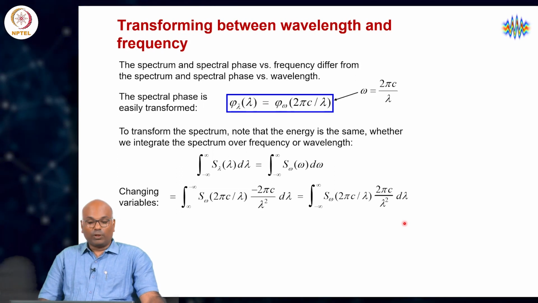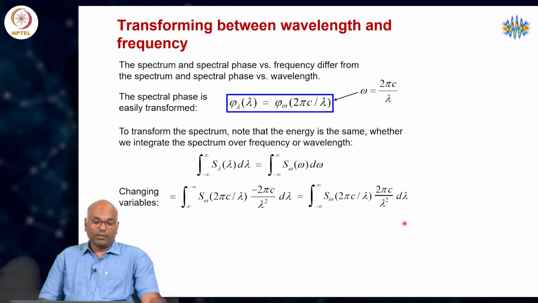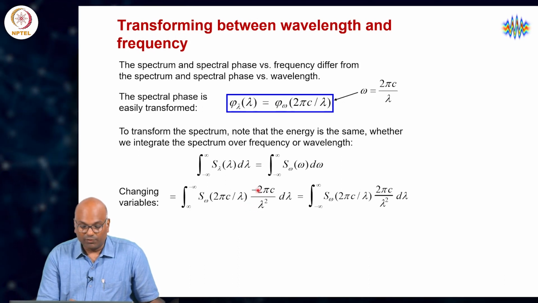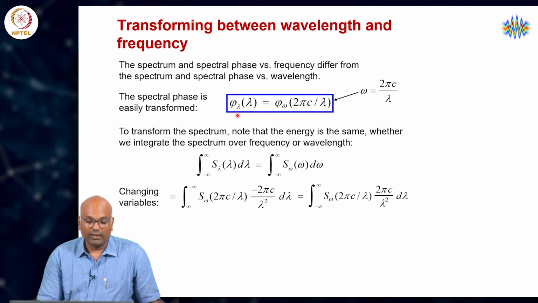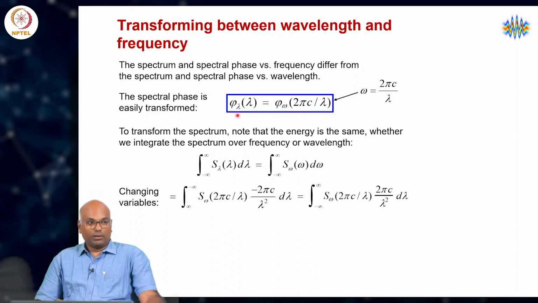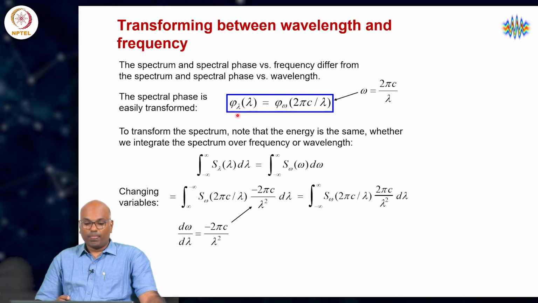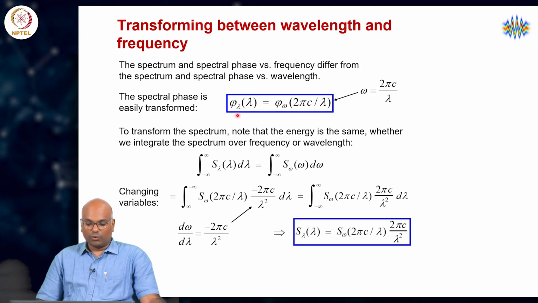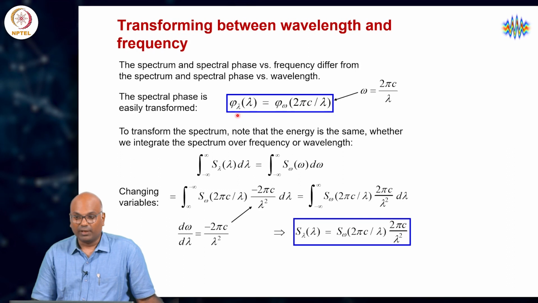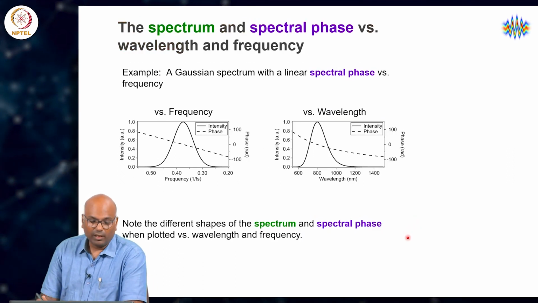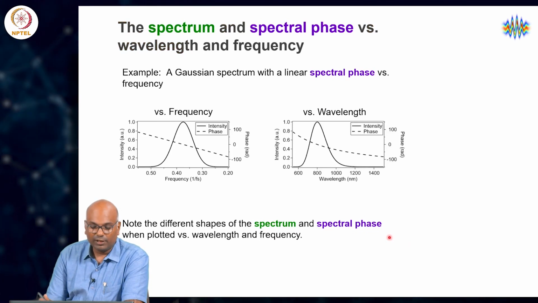We also learnt about using the Jacobian, which has a minus 1 over lambda square factor, coming into play when we want to make a transformation from the frequency to the wavelength variable. We often measure spectra as a function of wavelength and not frequency, more often than not, right? So this is again something we did for a suitable bookkeeping. And now we can essentially